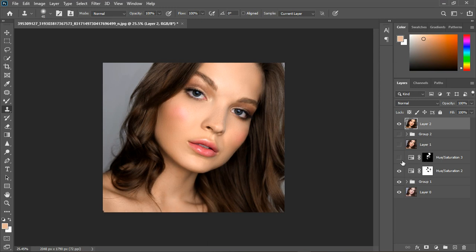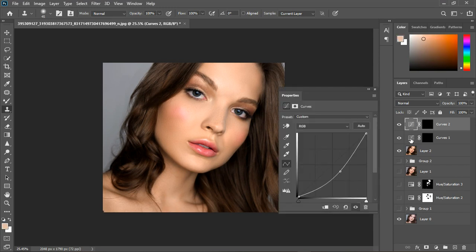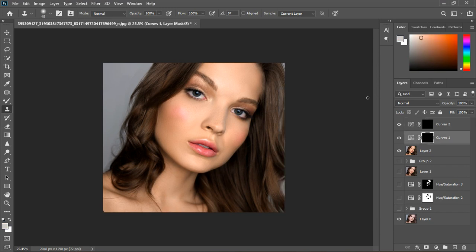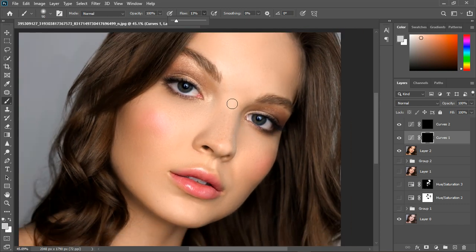So I'm going to turn off this, and now we can do our dodging and burning. Alright, so I created two curve layers, one up and one down, and I inverted the mask. I'm going to grab the brush tool and decrease the flow to about 15% and make the brush low. And I'm going to start with this curve and I'll start painting to trace it like this, and I'll keep on doing that,